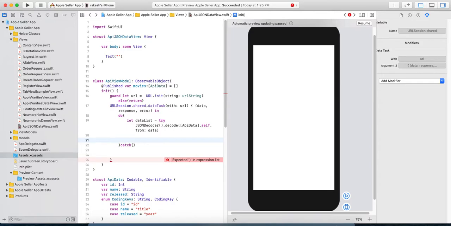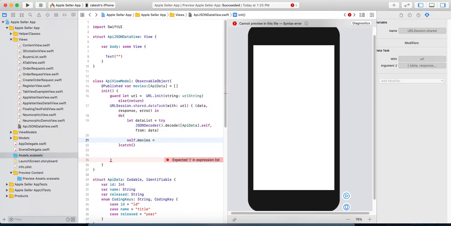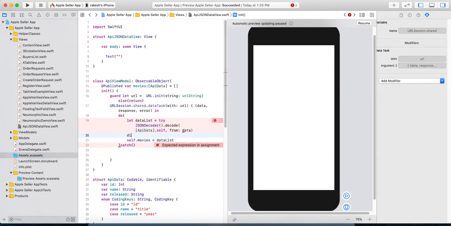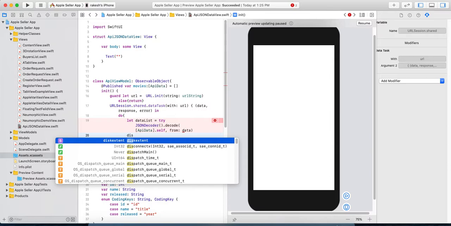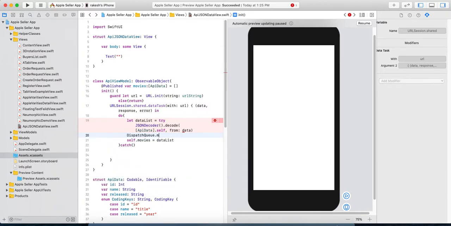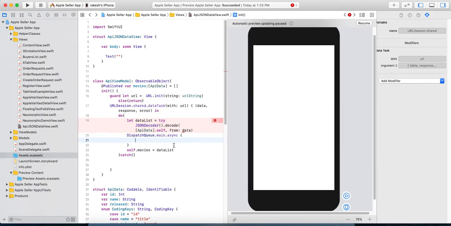And we will assign this data to the movies array. Whenever you assign this data, because it will impact the UI, this movies array, we need to put that inside a dispatch queue, so there will be no exception or error while running this code. So it will update this.